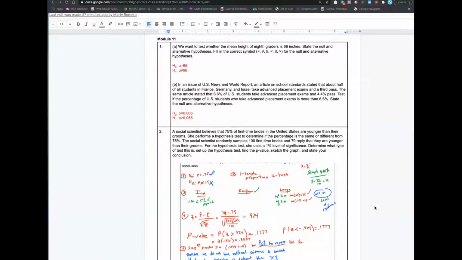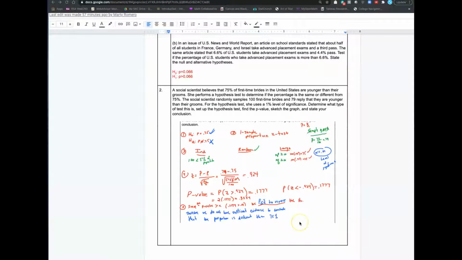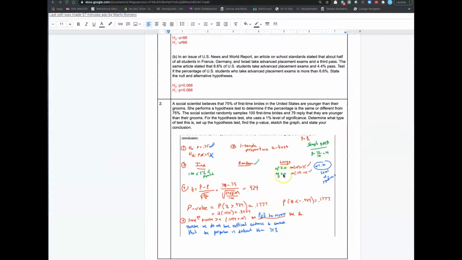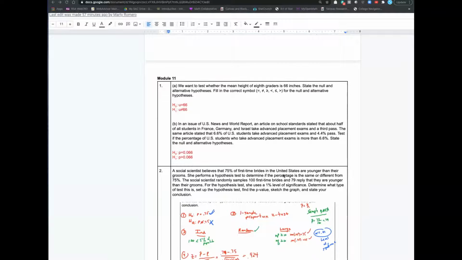Okay, let's take a look at Module 11 from the challenge problems. And here I really want you to pay attention to my notation, that the hand portion is important, the five-step process that you're really aware of, that really outlines all the things we need to check for in a hypothesis test. So first, in this first situation, we're going to recall that when we're writing the null